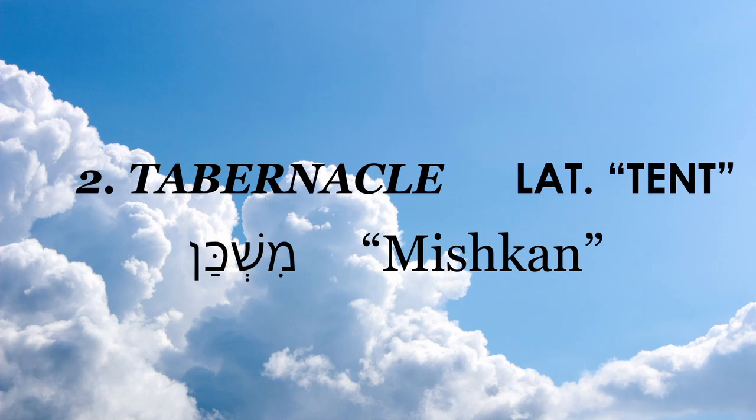And Mishkan in Hebrew is a beautiful word because it consists of two parts. Mi, which means in, or in a center, or among, and the word Shakan, which means to dwell, to live in a tent, in a portable dwelling. It means God wants to live with Israelites. He wants to live with His people and wants to be their God.